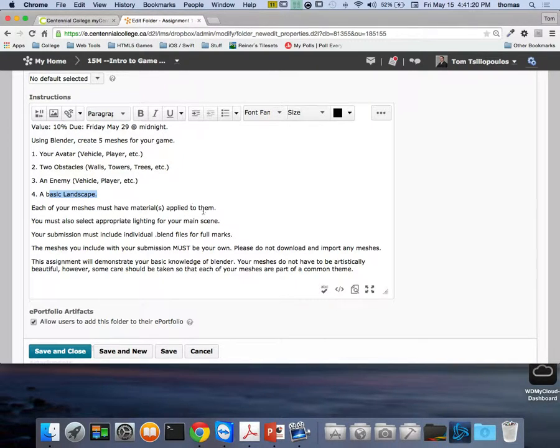Each of your meshes must have materials applied to them, all right? So there's no texturing involved. And we'll talk about what materials are today a little bit, right? And you must also select an appropriate lighting for your main scene. So you're going to have a scene, each scene we're going to talk about in Blender, and there's got to be a little bit of lighting that lights up your